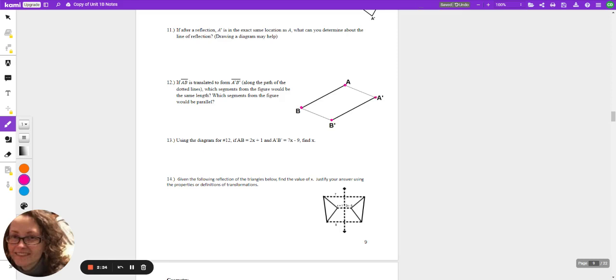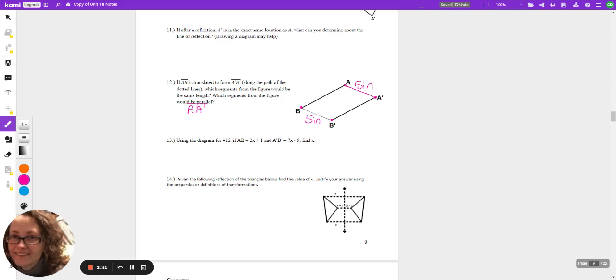So let's say that we move B to B prime 5 inches, then A to A prime would also have to be moved 5 inches. That means that A prime, that segment that's dotted right here,